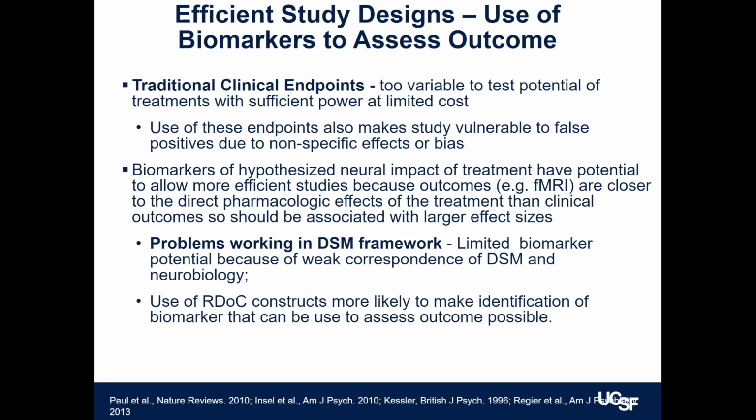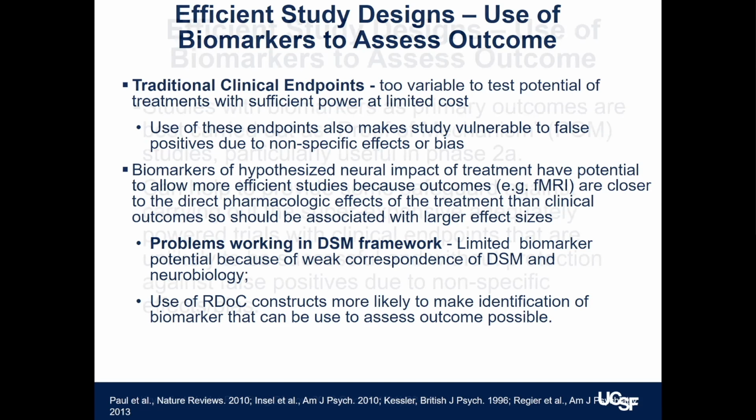Some are more established, there's more evidence showing they can detect signals in trials, and more showing that they're valid. But others, where that's lacking, just like with the DSM, it's quite challenging. But there are some that exist, and working in this framework, or some framework that allows more biological biomarker potential, can then make a big difference in being able to improve efficiency of study design.